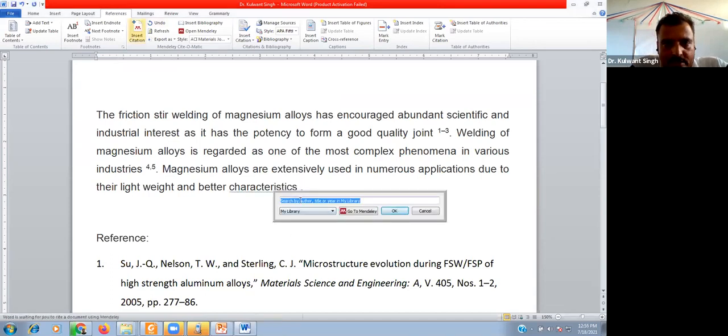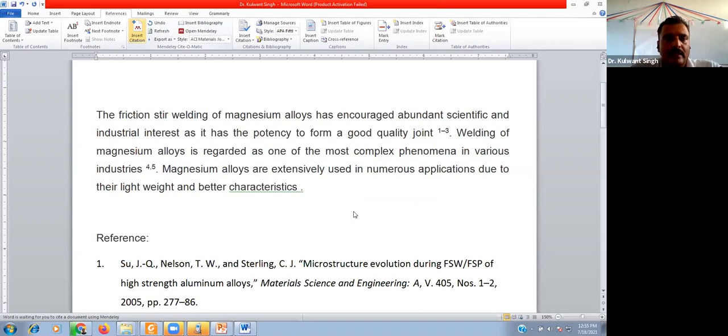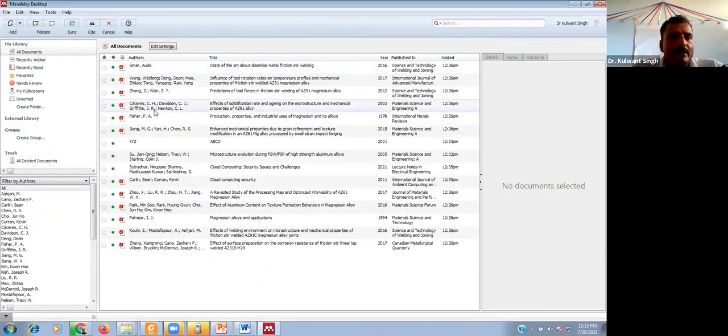When we click on this window, there is another option, go to Mendeley. If you are facing any problem searching for the appropriate document for a particular citation, then you can click here, and it will direct you to Mendeley Desktop, and you can search the document from here.